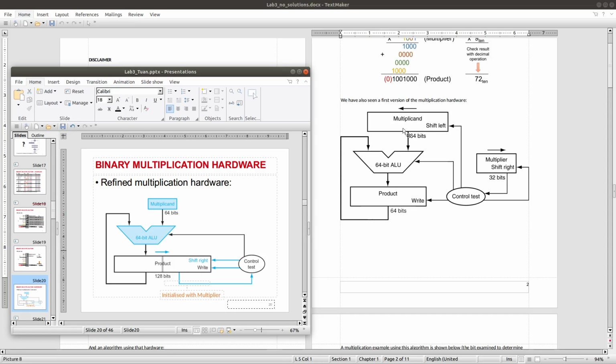Here please remember that in this case it is a 32 bits multiplier, and so if you want to make it a 64 bits multiplier, you will need to double all these values. And here you can see that we need 64 bits of multiplicand, 64 bits of product, and 32 bits of multiplier.